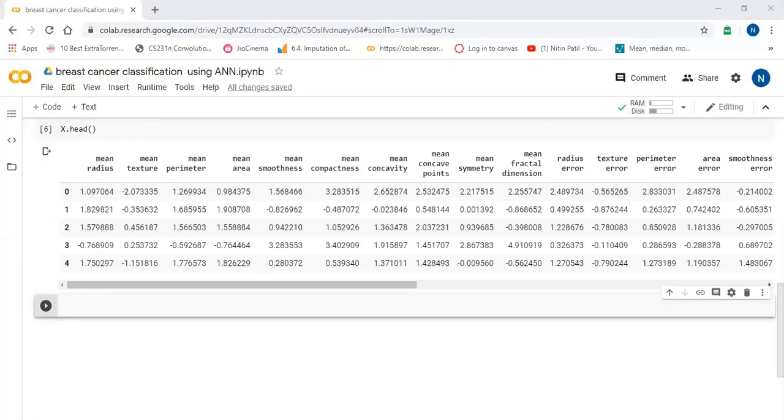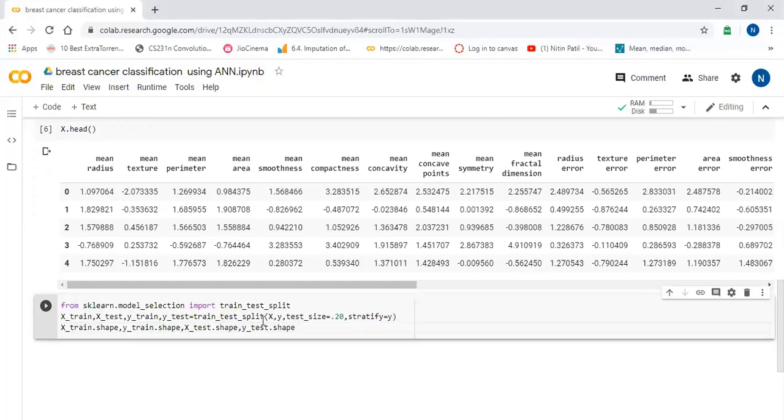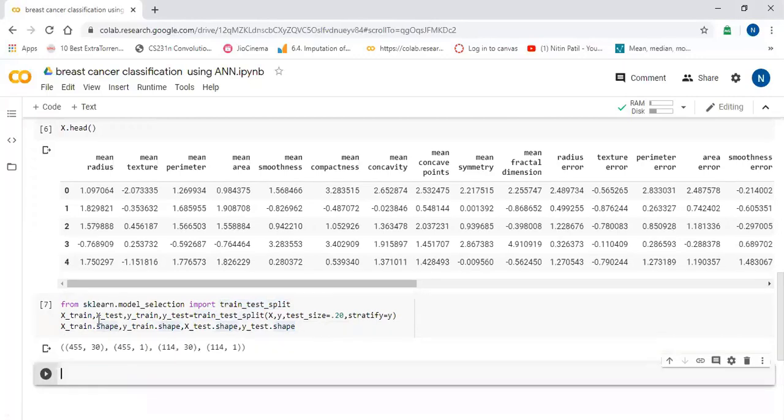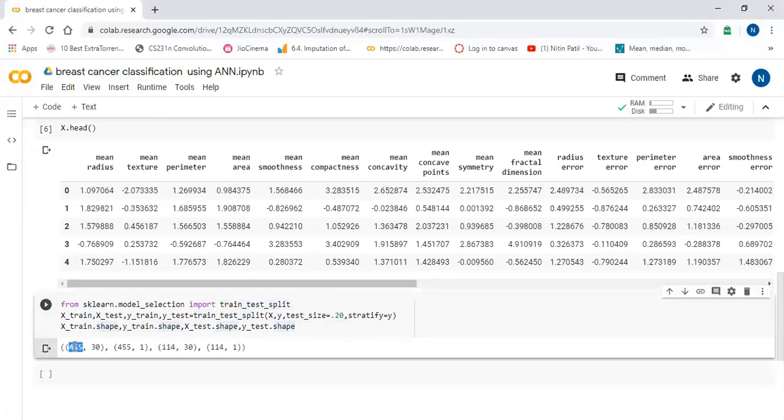But before that, I will split our data into train and test, so training and testing. I'm going to paste some code. I have imported train_test_split and split the data into train and test. Now you can see we have 455 records in the training and 114 records in the testing.